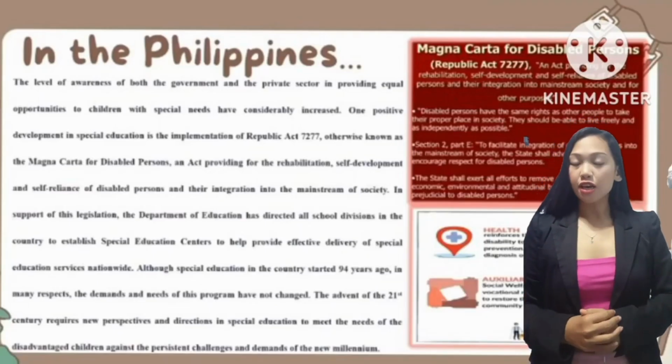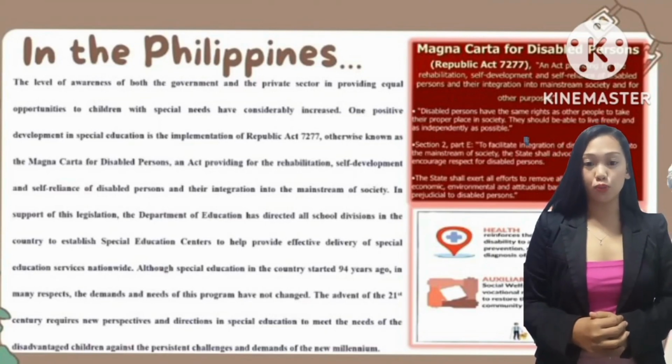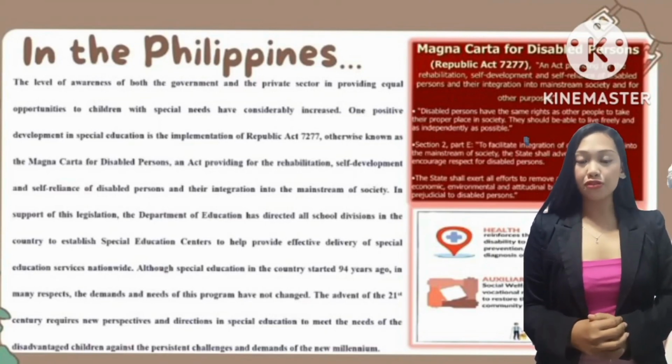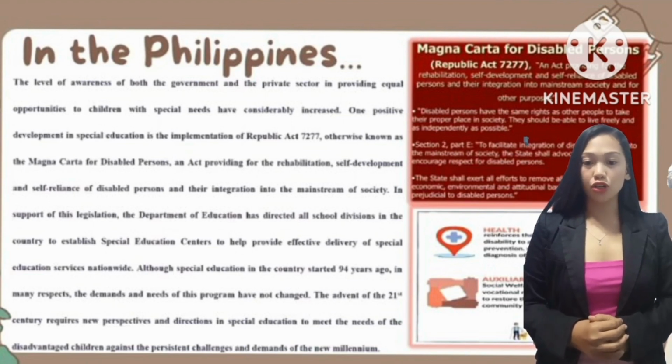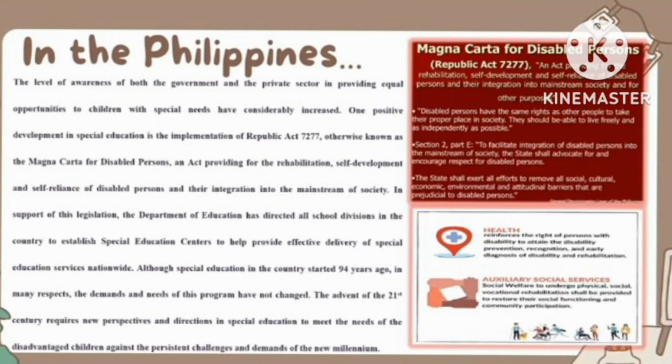In the Philippines, the growth of special education has been relatively good, with support all these years from both the government and non-government organizations and stakeholders in response to the needs and challenges of the times. The level of awareness of both the government and the private sector in providing equal opportunities to children with special needs has considerably increased. One positive development in special education is the implementation of Republic Act 7277, otherwise known as